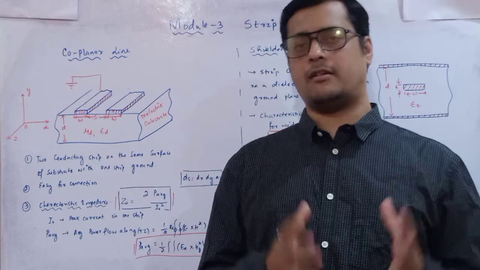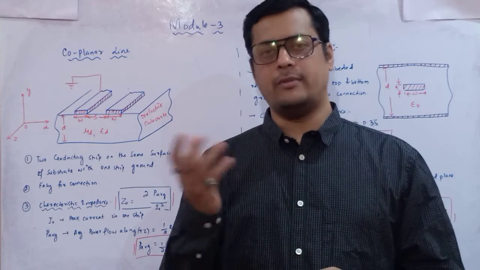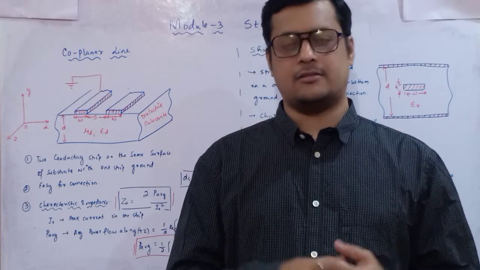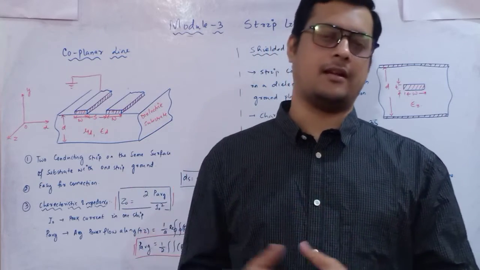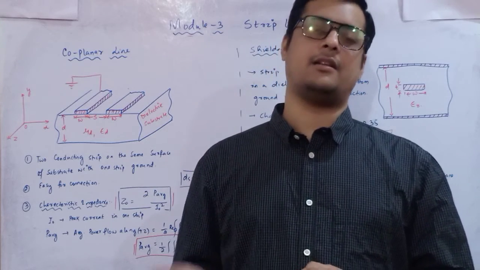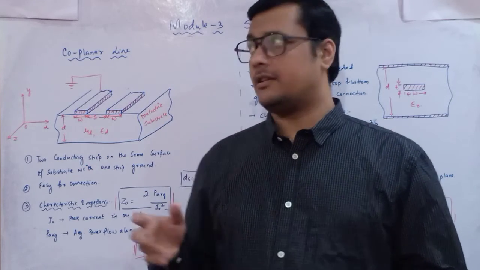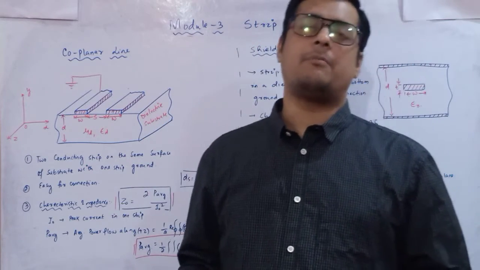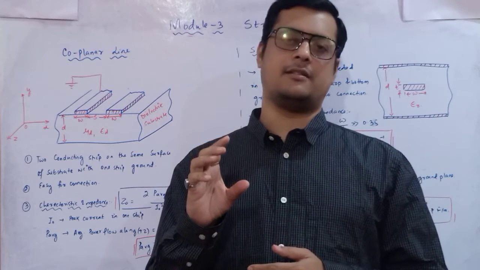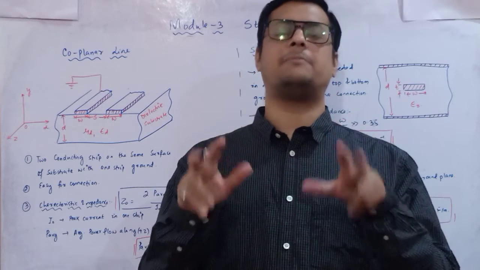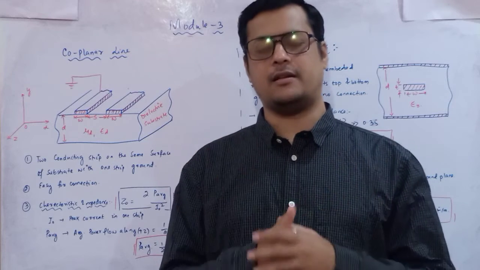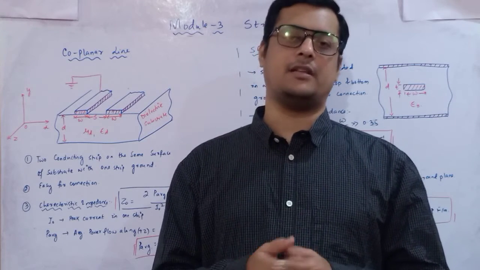And what are the attenuation losses, that also we have seen, due to the ohmic losses, due to the dielectric losses, and due to the radiation losses. So all those things we have seen in the previous class, and also we have identified the quality factor for both the cases, for the microstrip line as well as for the planar line. Now this coplanar line is similar to the planar line, but here the difference is there is no ground plane, only the substrate is available, above which two thin strips we are placing. So depending upon this, the total power needs to be calculated with respect to the characteristic impedance.